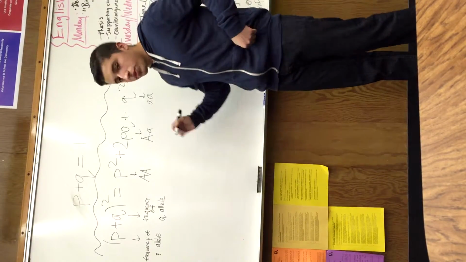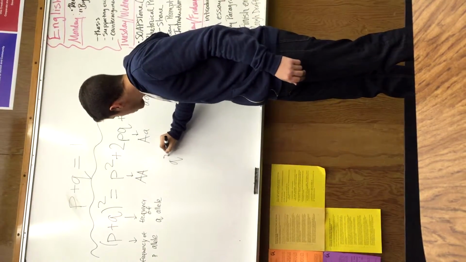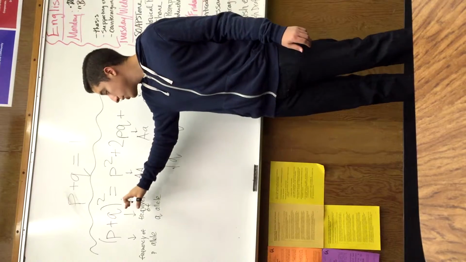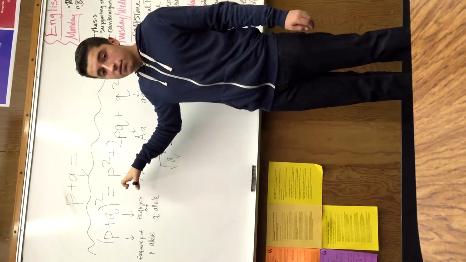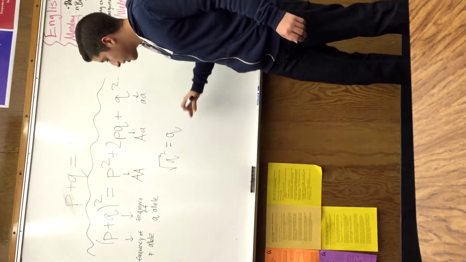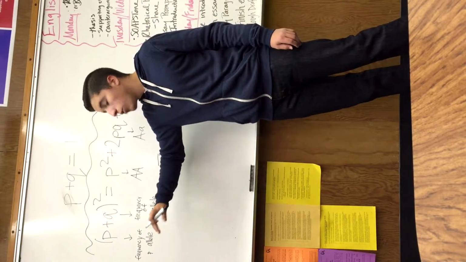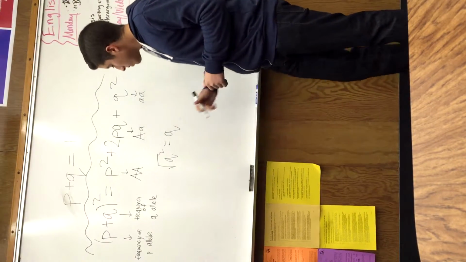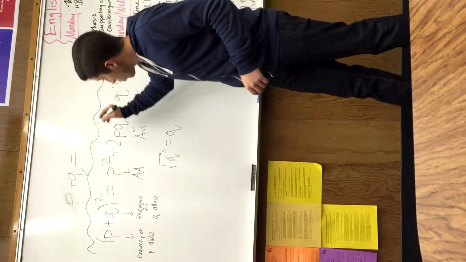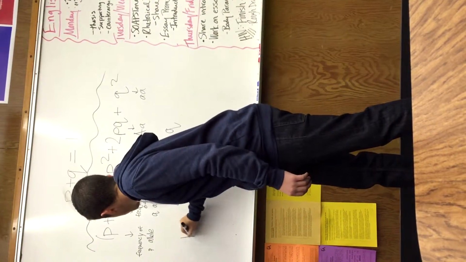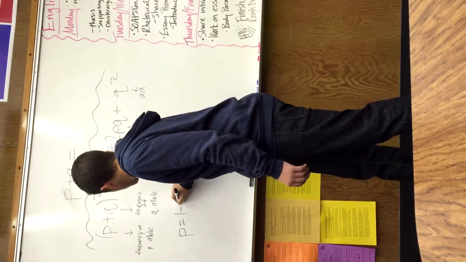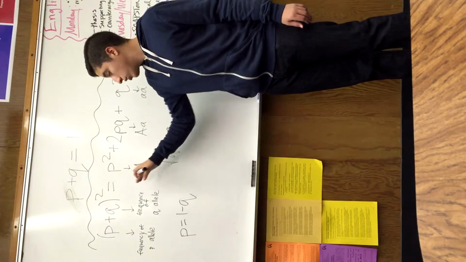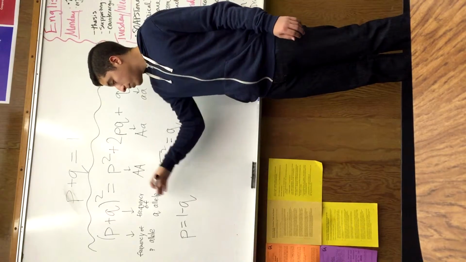After you find your q squared, you're going to want to square root it. The reason we square root it is to find the q value, and remember the q value is the frequency of the q allele, the recessive allele. Once you have that, you can find the frequency of the p allele, because we use this equation right here, p plus q equals 1. We can move the q over, and we have p equals 1 minus q. This helps us find our p value. Now we have both our p and q values, the frequency of the p allele and the q allele.